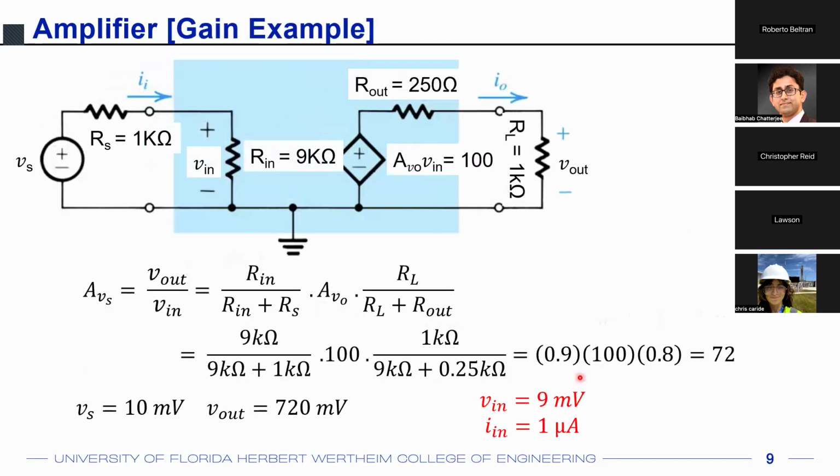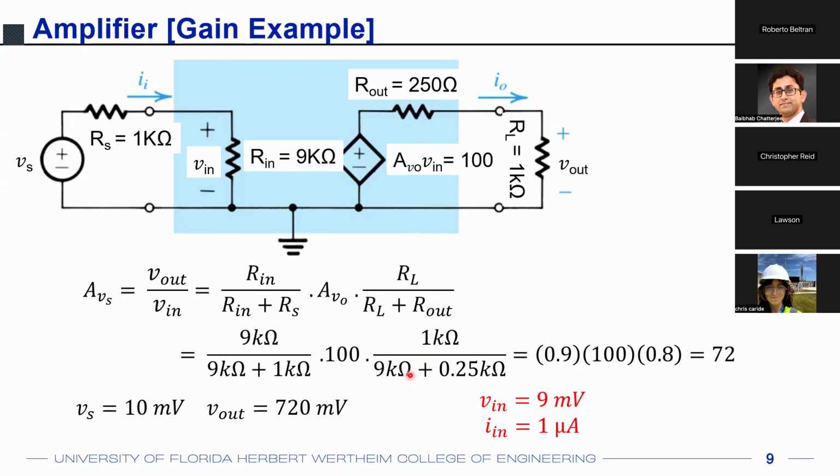All right. Just an example, similar to your homework problem 4: if RS is 1 kilo ohm and RIN is 9 kilo ohm, you have a voltage division at the input, which is 9 kilo ohm divided by 9K plus 1K. So 9 upon 10. So 0.9 is the voltage division ratio at the input. Your AVO is, let's say, 100. There is a typo here, so it should not be AVO; AVO should be equal to 100. AVO times VIN is 100 times VIN. And then at the output side, it is a voltage division of RL and ROut. So you have RL divided by RL plus ROut at the output side, which is again 1 kilo ohm divided by,